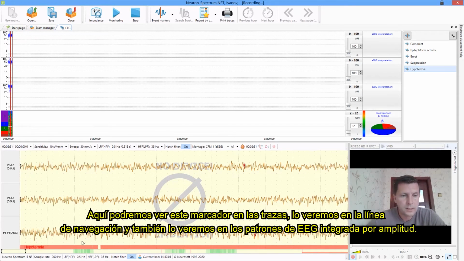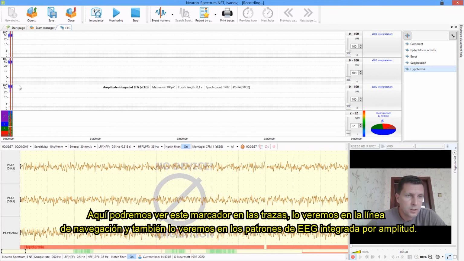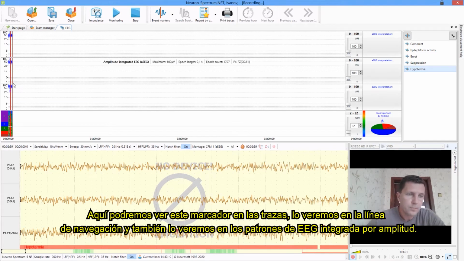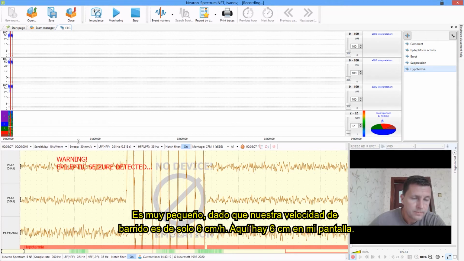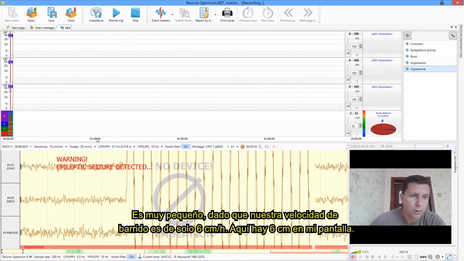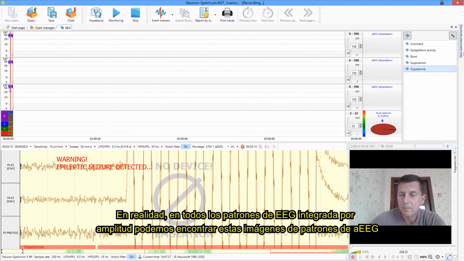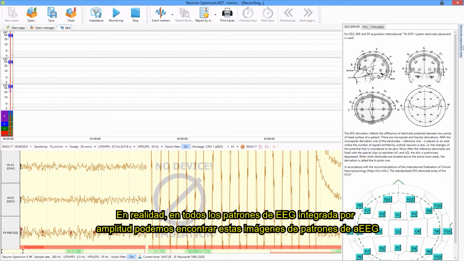And here we will see this marker under the traces. We will see it on the navigation line under the traces, and also on our amplitude integrated EEG trends. Here it is very small because our sweep speed is 6 centimeters per hour. Here is 6 centimeters on my screen, because actually in all